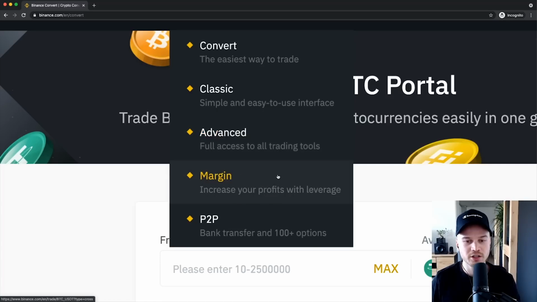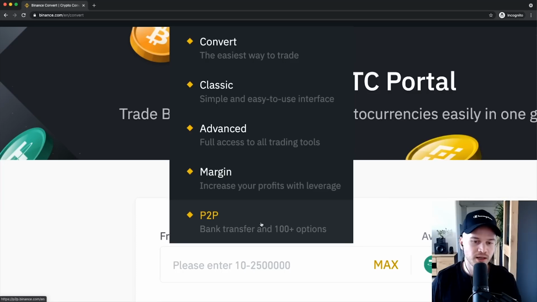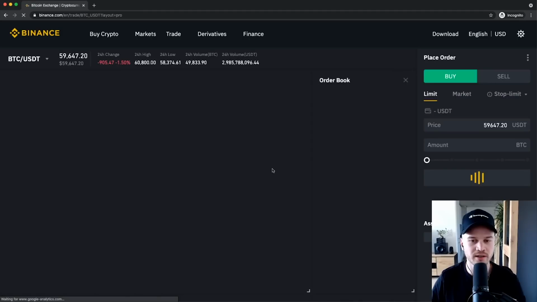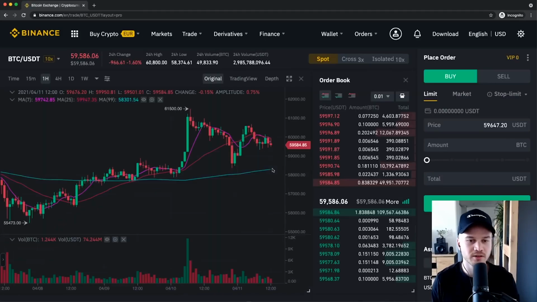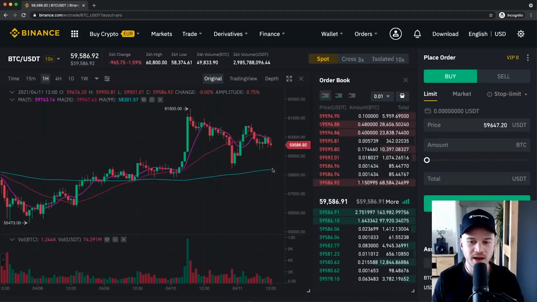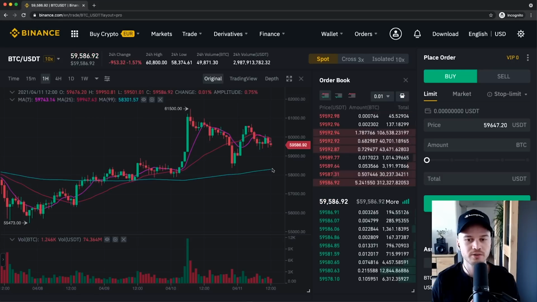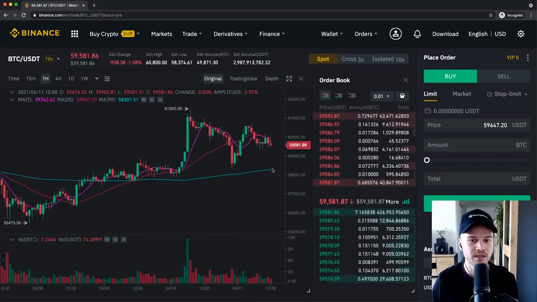Then you also have margin, which is basically trading with leverage, which is something I wouldn't recommend, especially for beginners. And then the P2P is also something I won't be covering in this tutorial. So what we're going to do is go into the advanced trading screen right here. And I do want to say that this is not like a trading tutorial that should teach you some strategies. This is just so you understand what everything means here and basically how you can carry out a trade